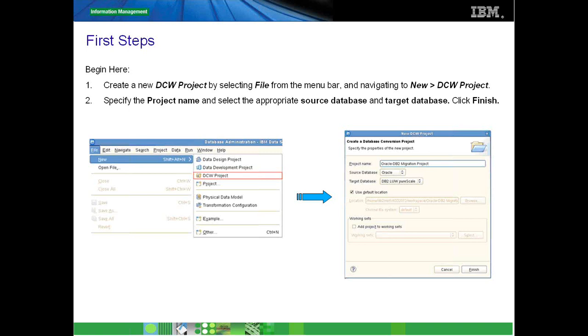So standalone would mean you're trying to look at a single instance standard DB2 LUW database instance. But if you're looking at an OLTP based application where the amount of data that you're managing is huge, and transactions are a concern, then DB2 PureScale is what we are looking at, right? So if you have a PureScale based infrastructure in place and you want to migrate your Oracle application onto DB2 PureScale, then the target database that should be chosen must be DB2 LUW PureScale.